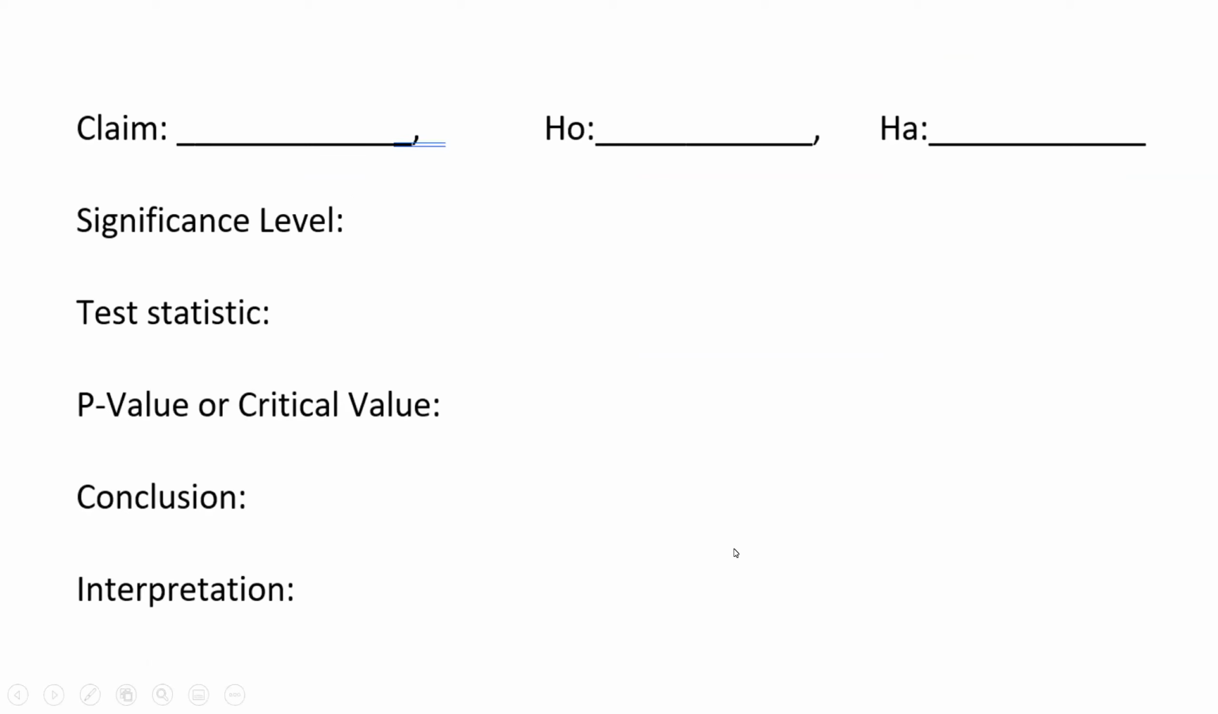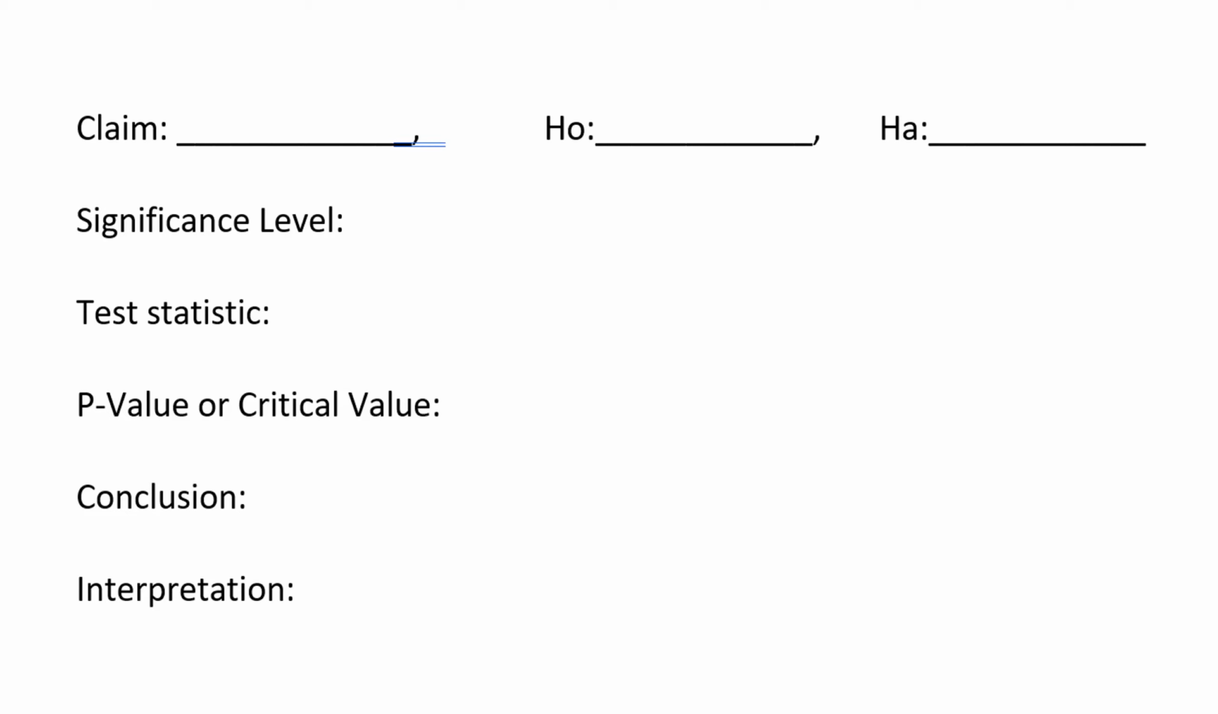All right, when setting up the hypothesis test, you first have to identify the claim and then set up your null and alternative hypotheses. That's the first step. The second step is to identify the significance level. The third step is to find your test statistic from the sample. Next step is to figure out the p-value based on your test statistic, or the critical value based on your